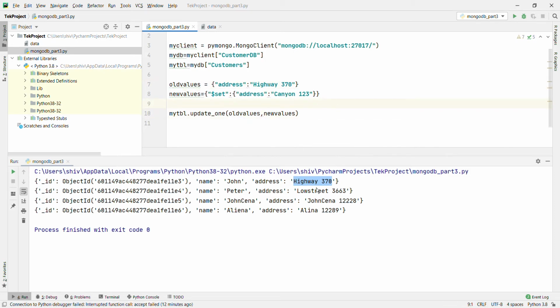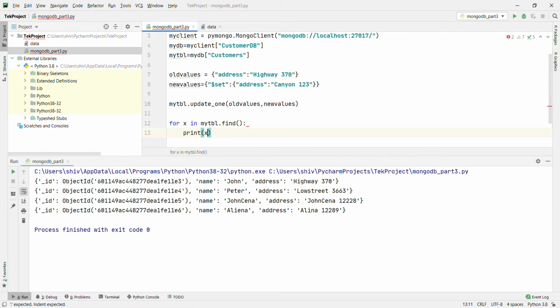The highway 370 with the name John is going to change to Canon 123. After that, for x in my table dot find and print x. Let's run and see. Right, now the John value is updated with Canon 123.